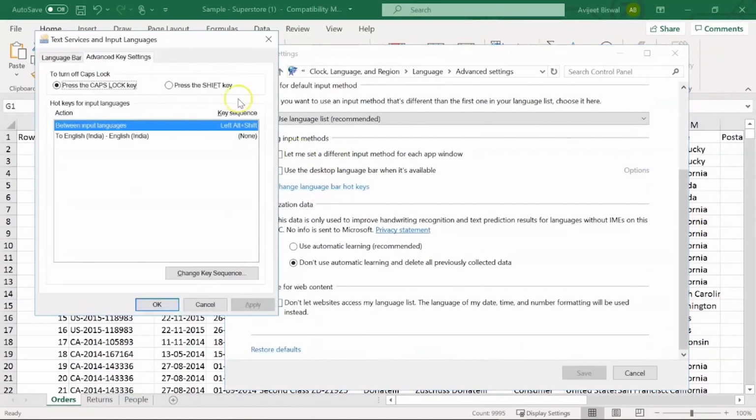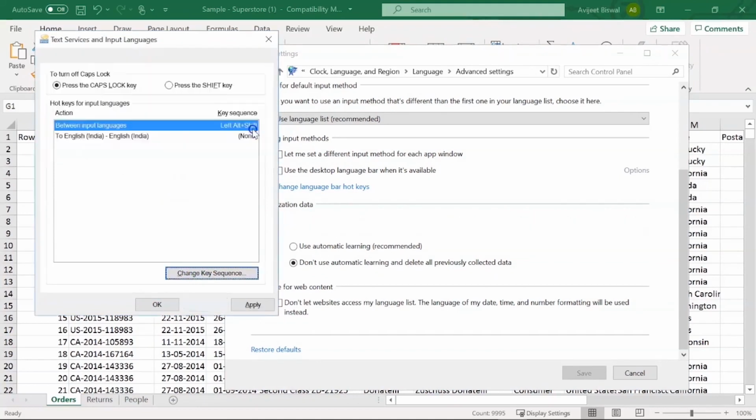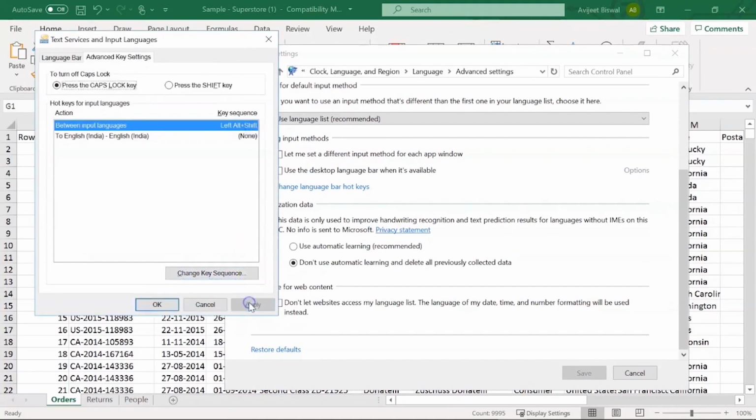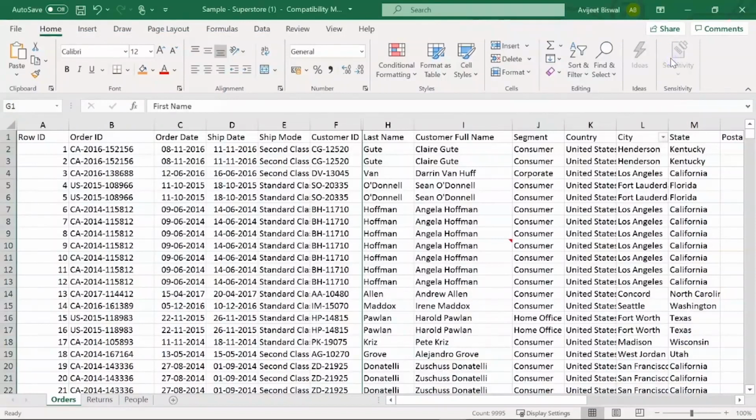In this, I'll select change key sequence and then under switch keyboard layout, I'll choose not assigned and click on OK. I'll apply and click on OK and then I'll close it. Now if I hit Control Shift 0, it will unhide my selected column.